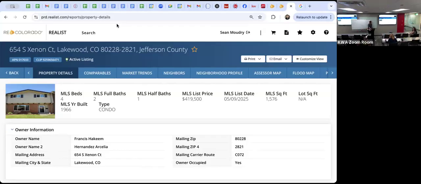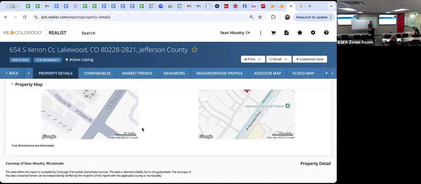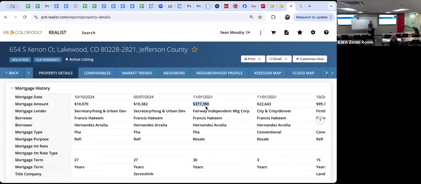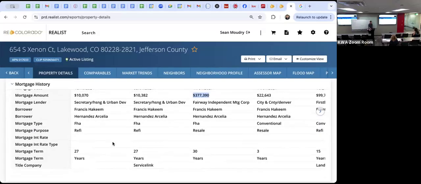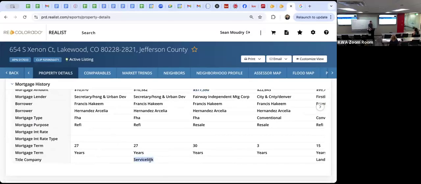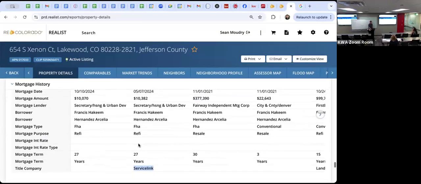Sean, if you look, they've got 3 different loans on it. Go down a little more. Yeah, 377 plus 10,000 plus 10,000. So that's probably the CHFA. This is their mortgage, and this is their CHFA. Service Link? Did they do a cash out refi for $10,000?